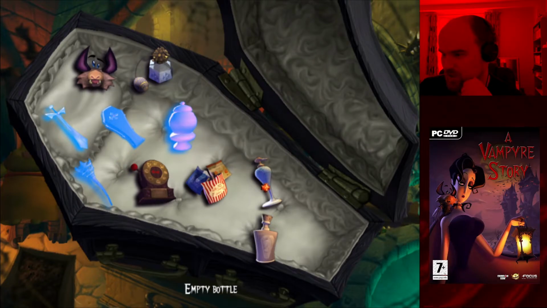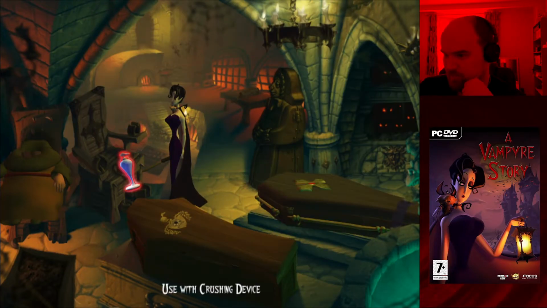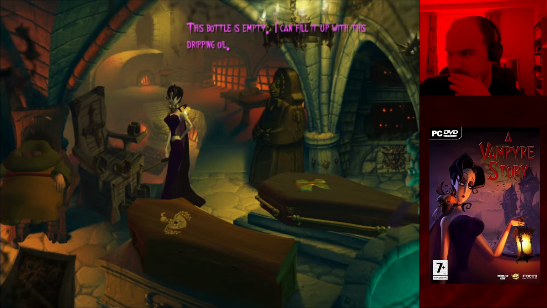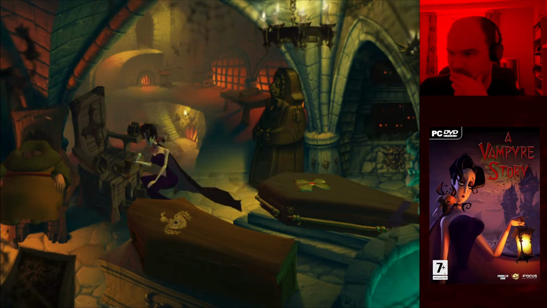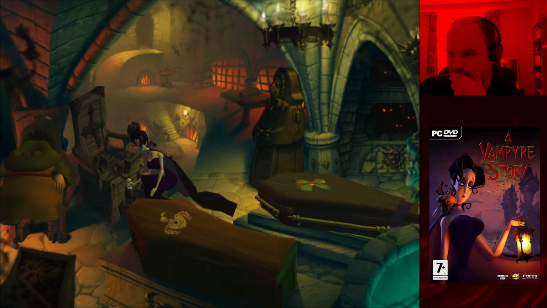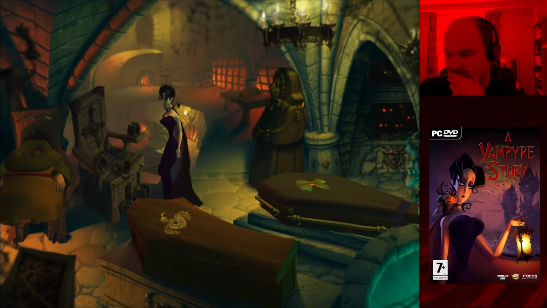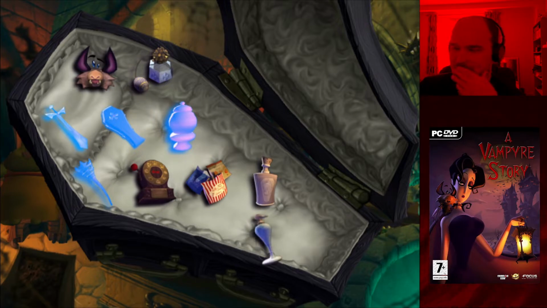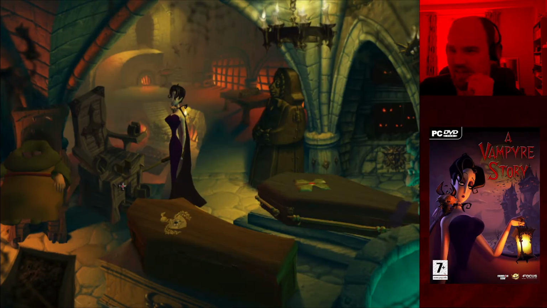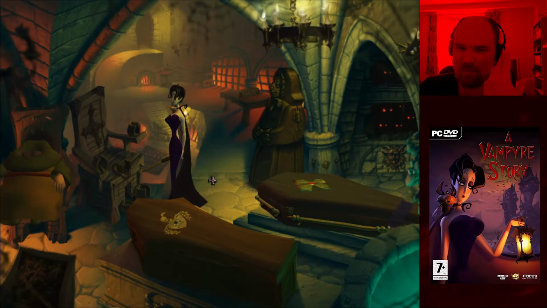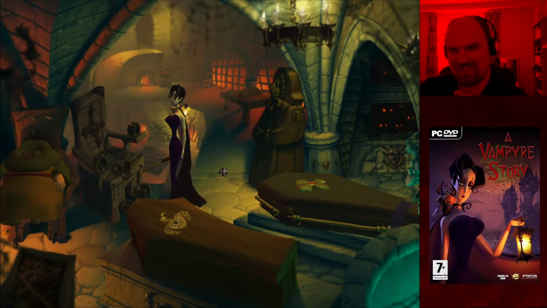Okay, can we use the... This bottle is empty. I can fill it up with this dripping oil. I wonder when writing this game if the developers really just wanted it to be just a bag of nuts so they could do lots of nuts jokes.